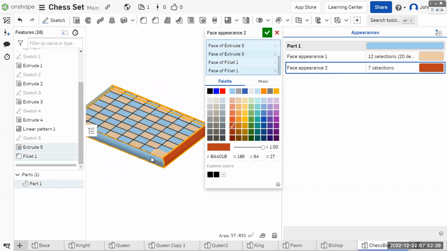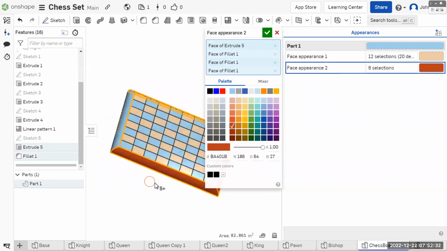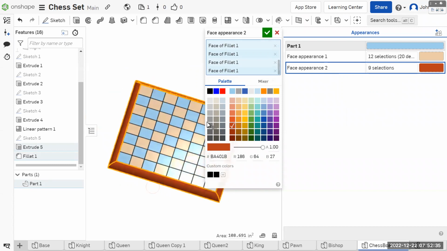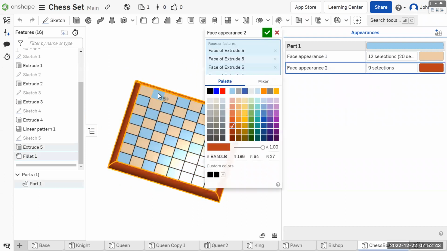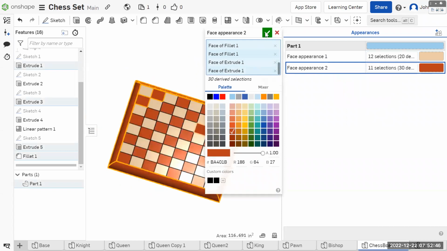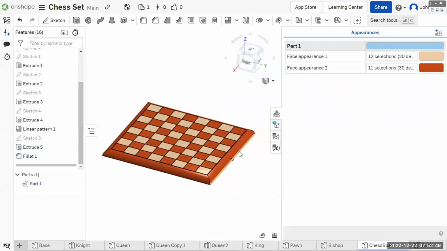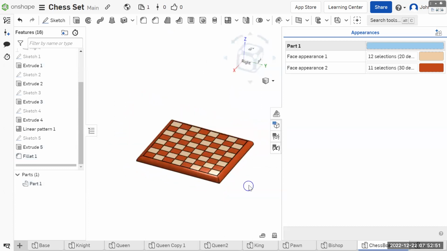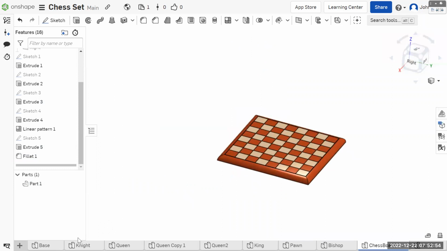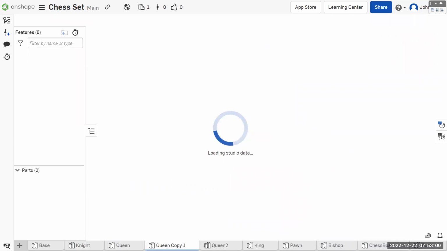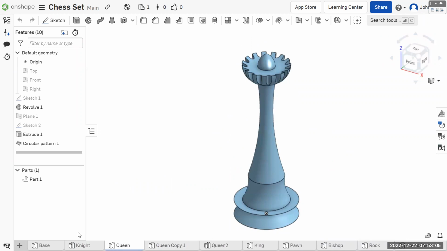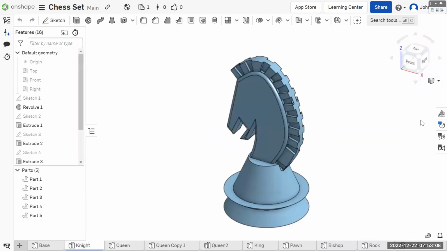So we haven't spent much time with the appearance tabs, and I'm sure there's a lot more to discover there. And actually, let's do this so it doesn't look absolutely terrible. There we go. It guessed what we wanted. That's a much better chessboard. Lovely. Okay. And so before you get going, you need one of each, like I said before, one of each color for each piece. So let's,